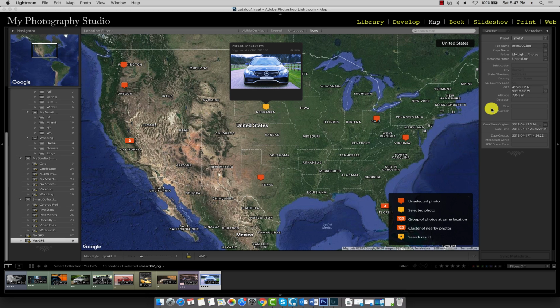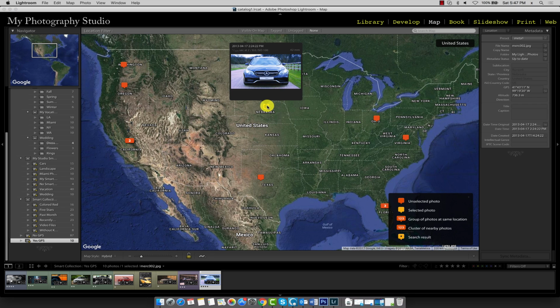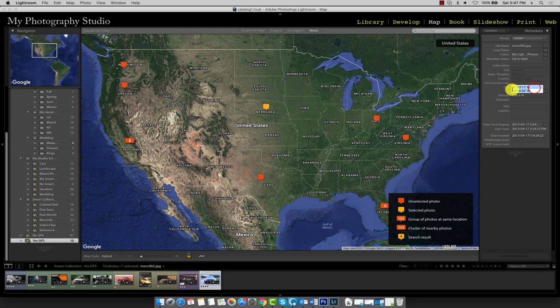If for any reason your camera or capture device recorded the wrong GPS coordinates, you can delete them by right-clicking on the marker and selecting Delete GPS Coordinates. Alternatively, you can change the GPS coordinates directly in the metadata panel. So for example, if I wanted to change these coordinates, I can simply click here and type in the new